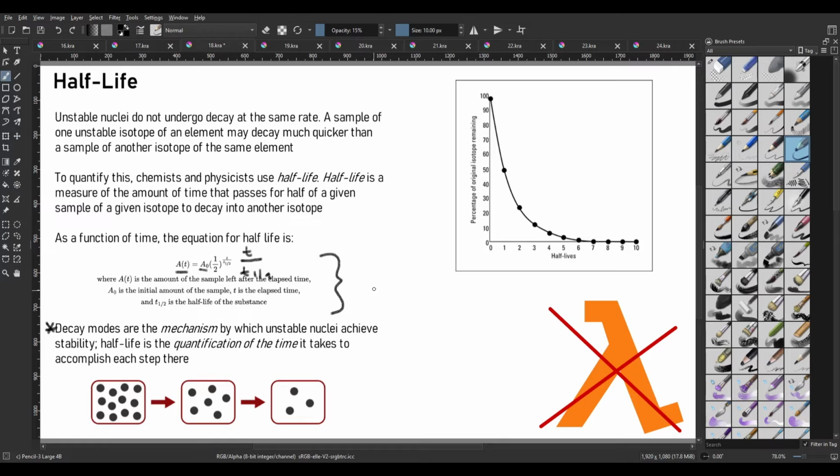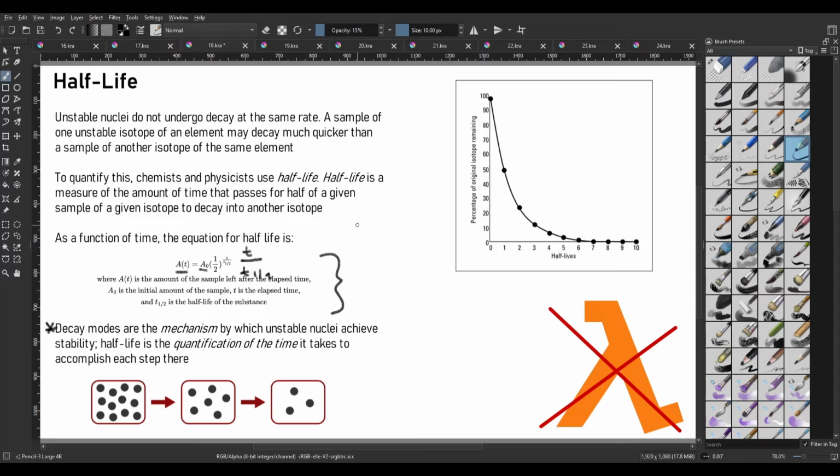Some other elements will have half-lives in seconds or minutes. It really depends on the element and the nuclear arrangement. Remember, the band of stability determines that stable ratio between nucleons, between neutrons and protons, and the farther it is away from that, generally speaking, unless it's metastable, it's going to have a shorter half-life. Now, when you have metastability in a nucleus, it's going to have a drastically longer half-life than something that's not